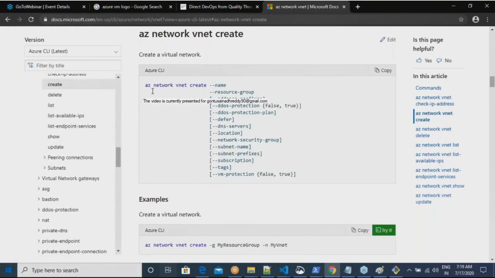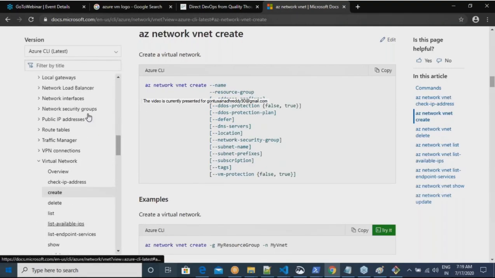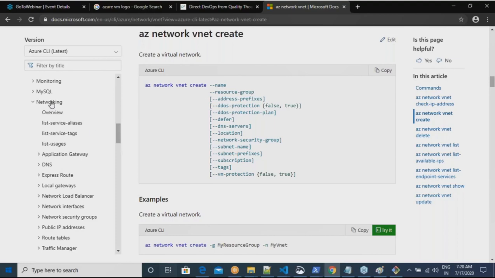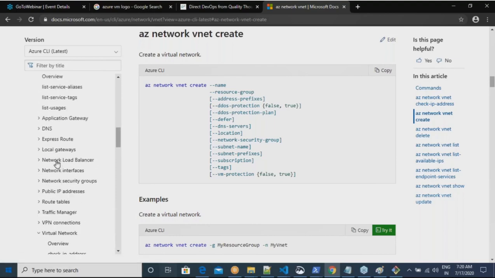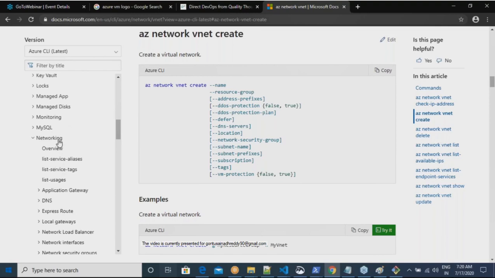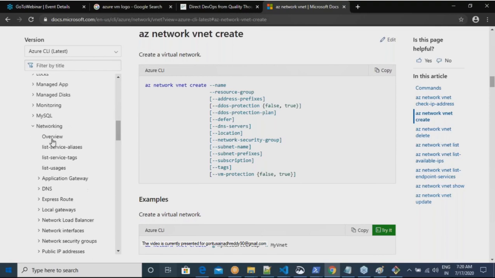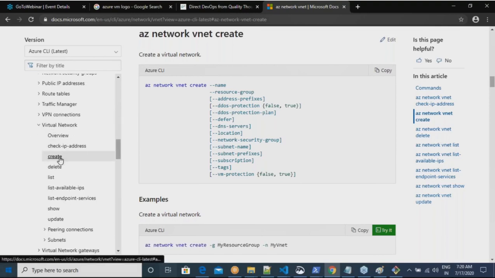So if you look into it, your command explains the navigation which you are doing. So if you see, I select network and then I'm selecting virtual network. Now what is it trying to tell? It is trying to tell that it is az network vnet create. Am I clear on this, sir? And whatever is in square brackets is optional.